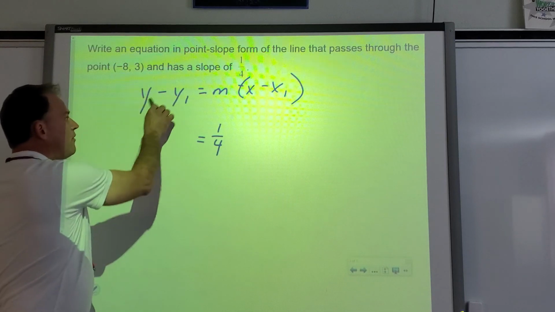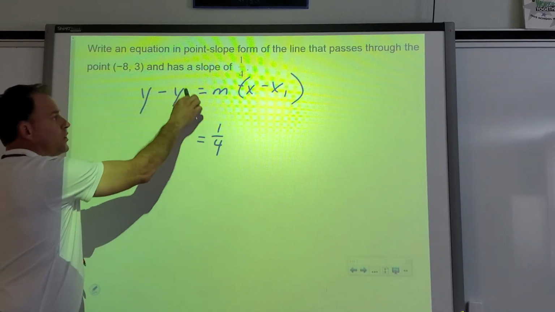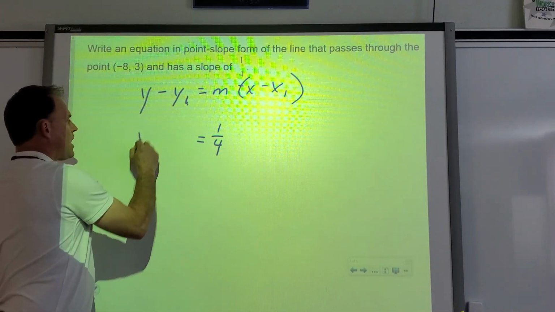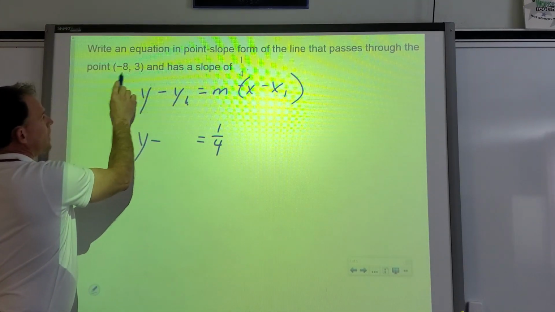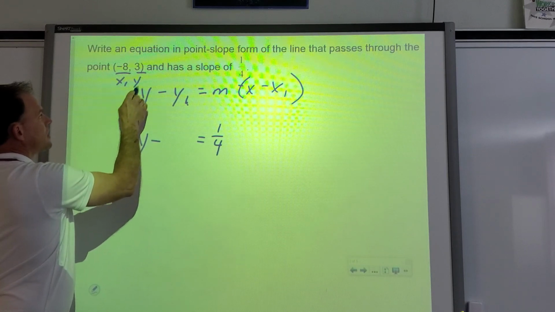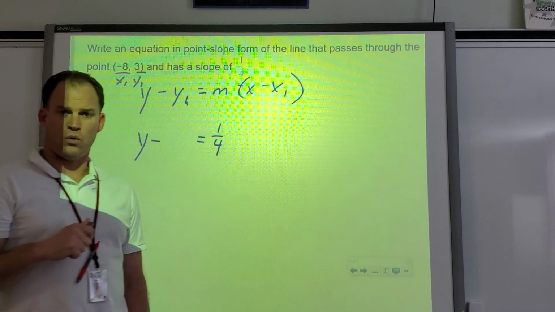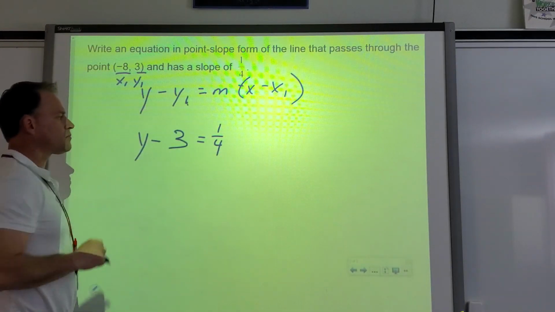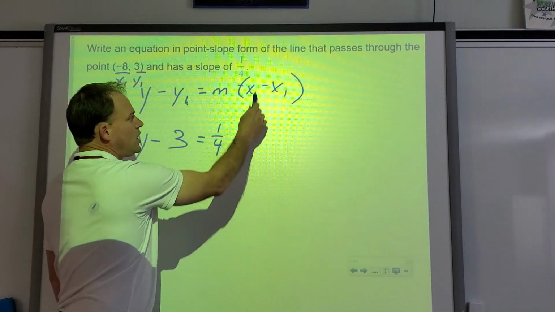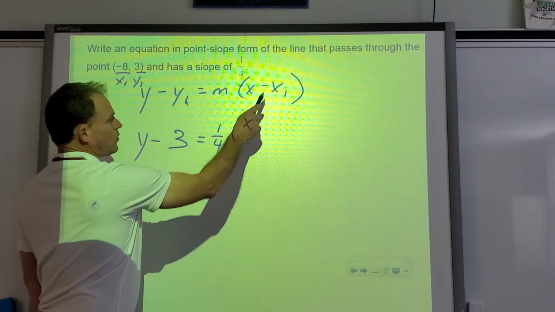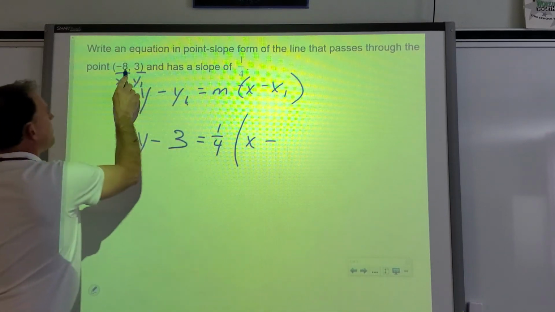You don't ever substitute for this first y. You only substitute for the one with the subscript on it. So it's y minus y1. So here, again, my coordinates are always x, y, x1, y1. Okay? So y1 right here is 3. I put the slope in already. Don't substitute for the first x. I substitute for the second one. Minus, my x1 is